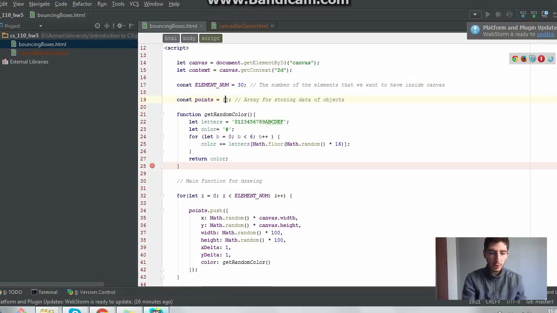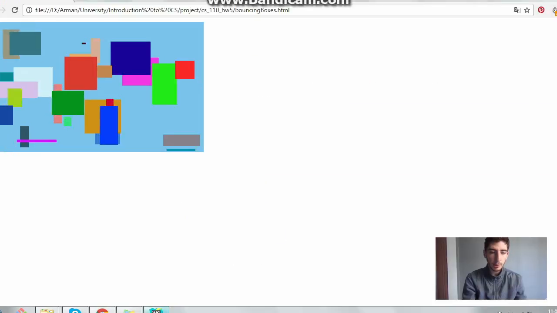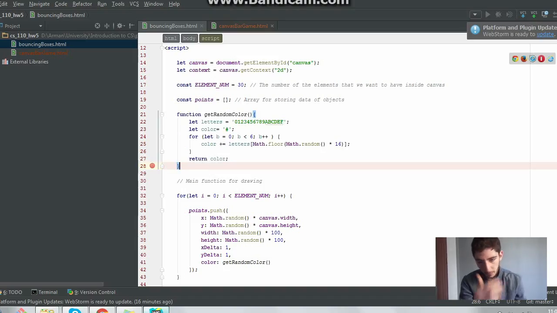Here's an extra function that is generating a color. I'm getting a variable here and I'm storing inside that from 0 to 9 and A, B, C, D, E, F. Those are just hexadecimal values, the hexadecimal counting system. It's used for generating colors, like all the colors are represented in this counting system. And the colors are written like this,